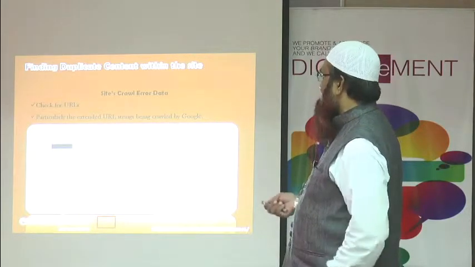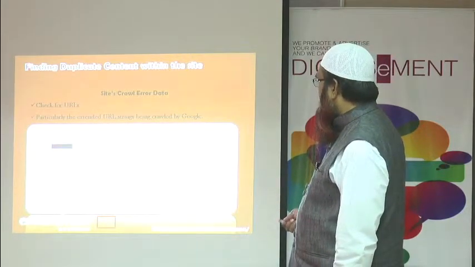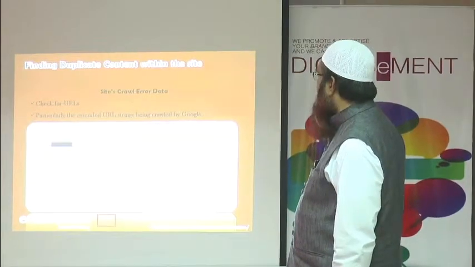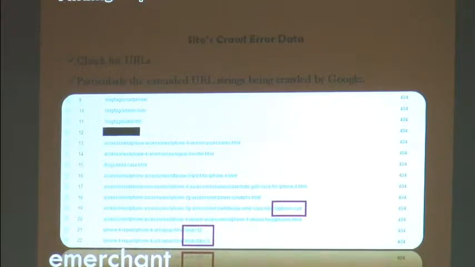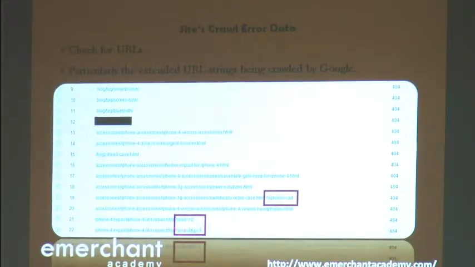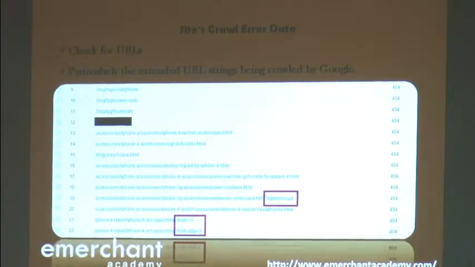Now let's look at this particular section. Here is blog, and then here is option equal to cart. Here is again 12, here is 3. These are some of the options that you are able to see. Now if you see all these pages, iPhone 4 version accessories, signal boosters, all have the name, whereas this one is not showing the name. This is also not showing the name. It has some session ID. That is where we need to work, to understand these points and take corrective measures to track it properly.